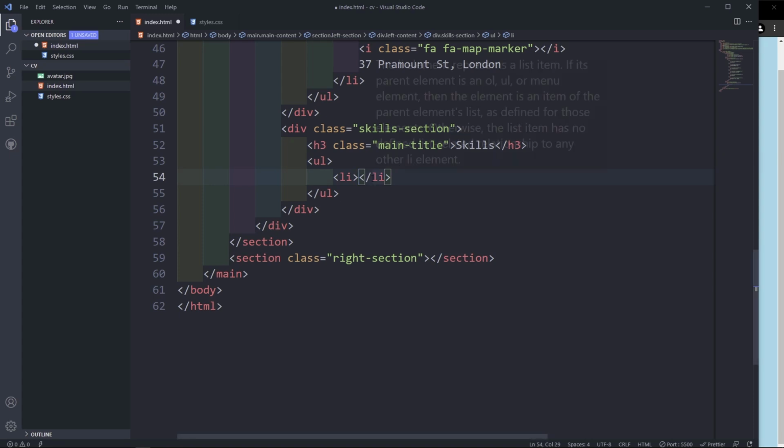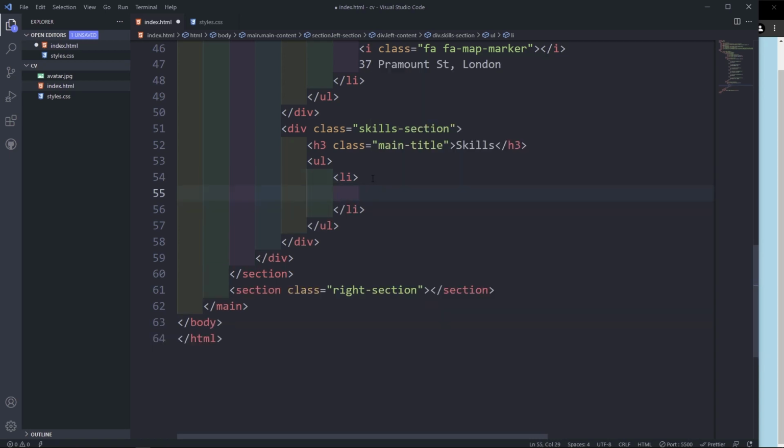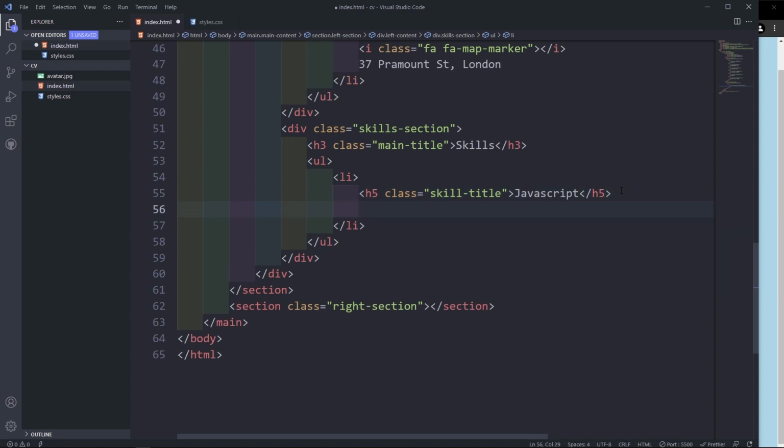Okay, so for the skills in here, we are going to have a title, and for the title, I think I'm just going to use an h5 dot skill title, and let's do JavaScript, and then below the skill title we're going to have a progress,